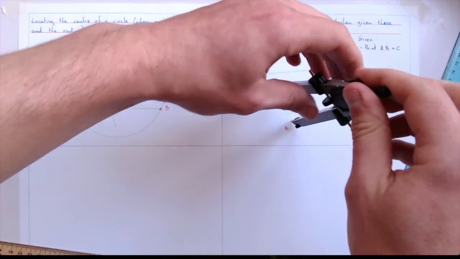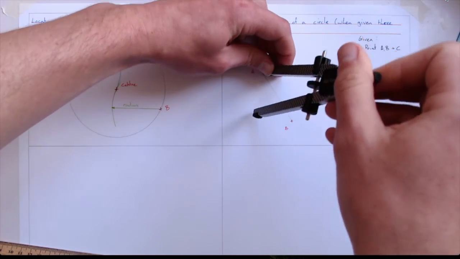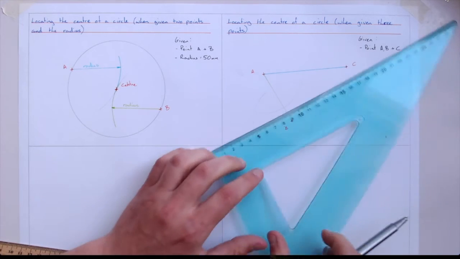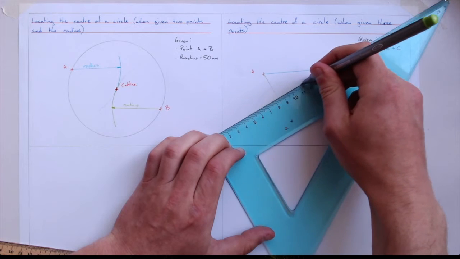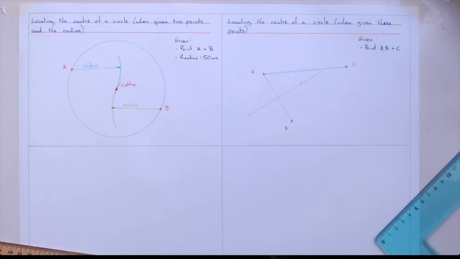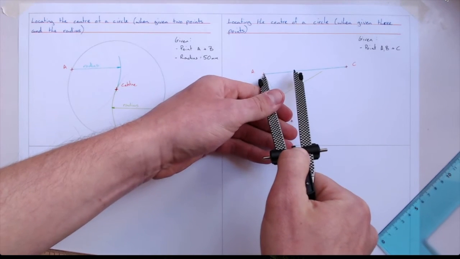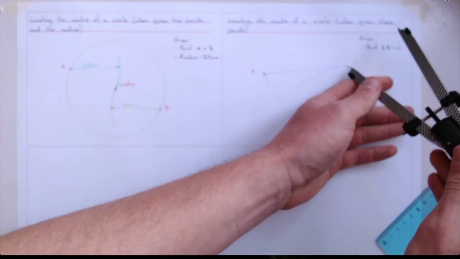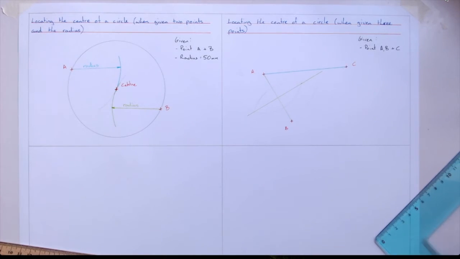So if I bisect this first one, just making sure it's more than halfway. Bisect here, and I will get my bisector. So there's my bisector for the chord AB. Then I'm going to bisect the line AC. So again, more than halfway. Swing here, swing on the other side, and I will get my